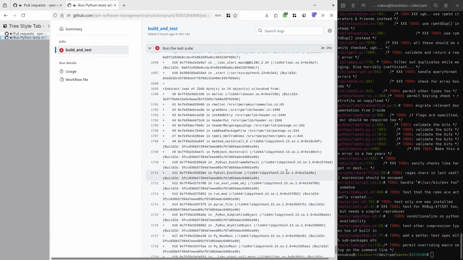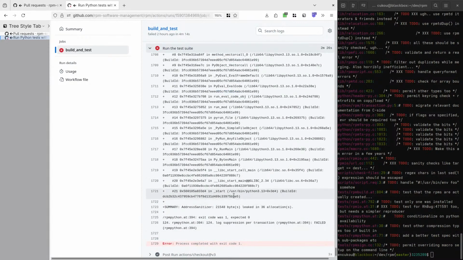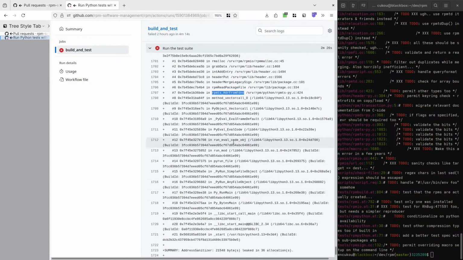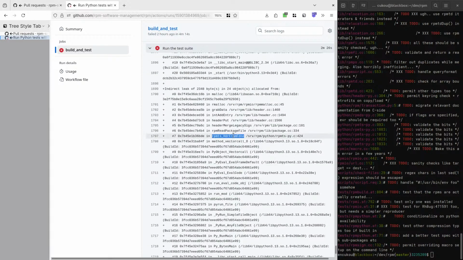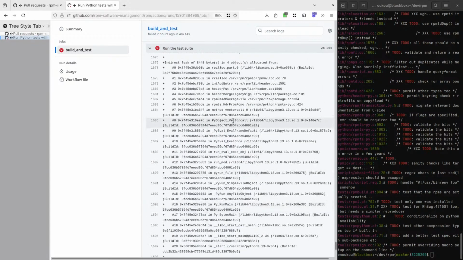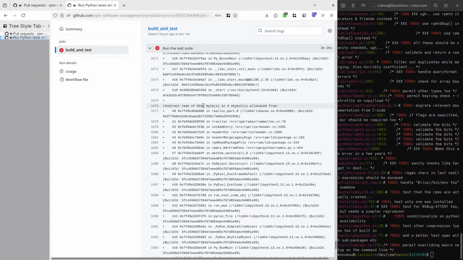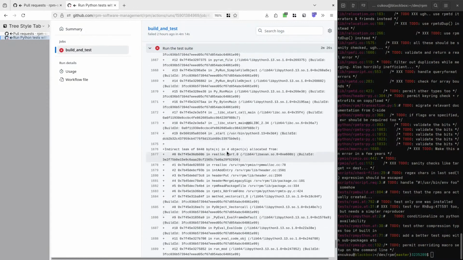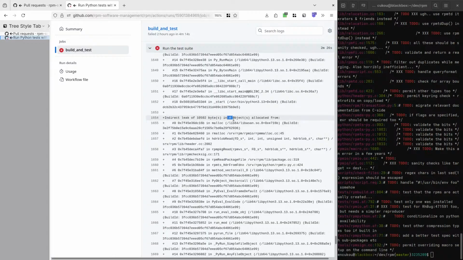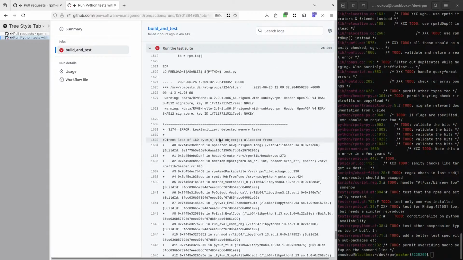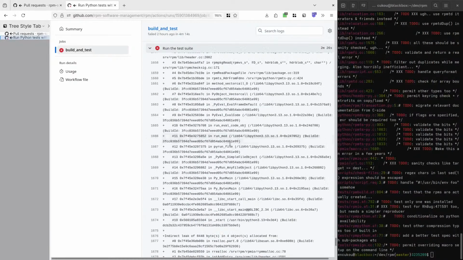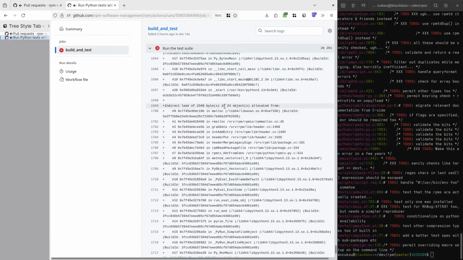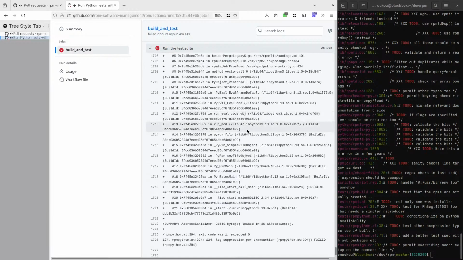Oh yes, of course, RPM Sequoia. Yes, so this looks like it. Oh, it's leaking 24 objects with the same traceback.